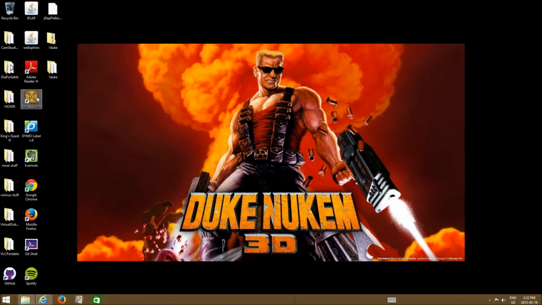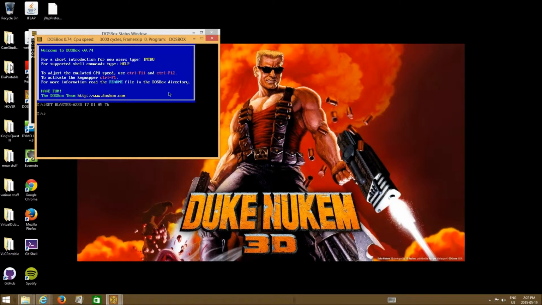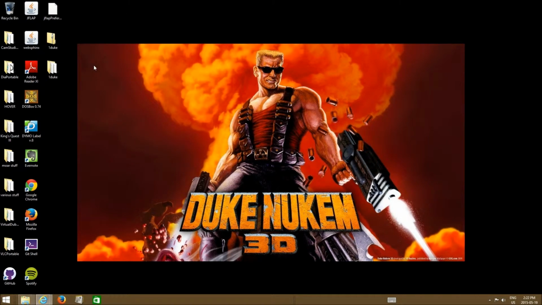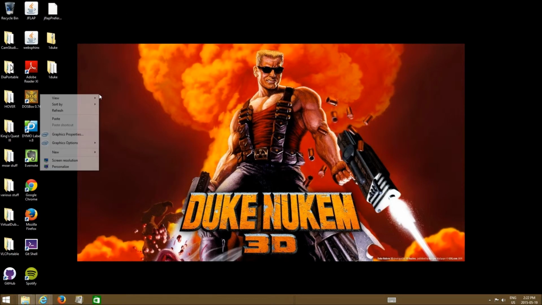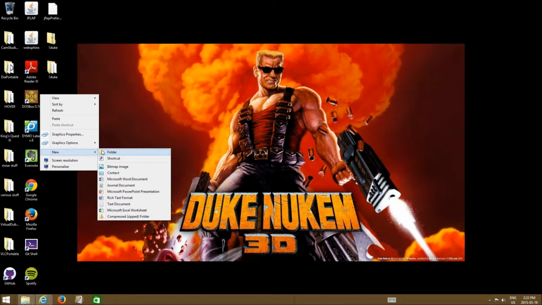Basically, right now it's set in Z, which is a virtual drive. We need to use the mount command to mount a folder where we're going to store all our DOS games. You can make it anywhere on your computer. I'll make it on my desktop for now. I'll call it